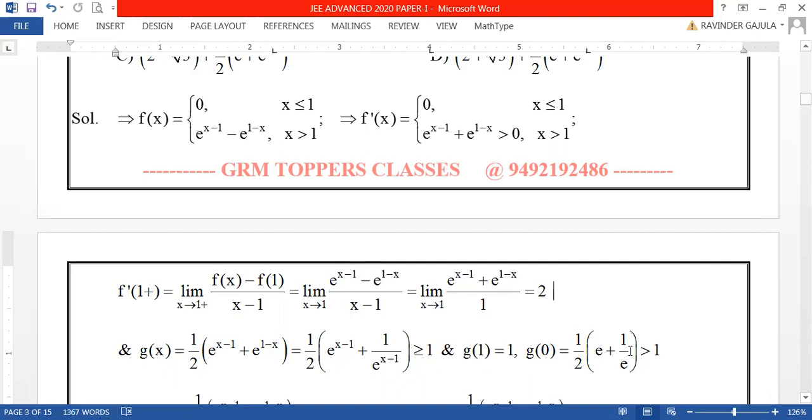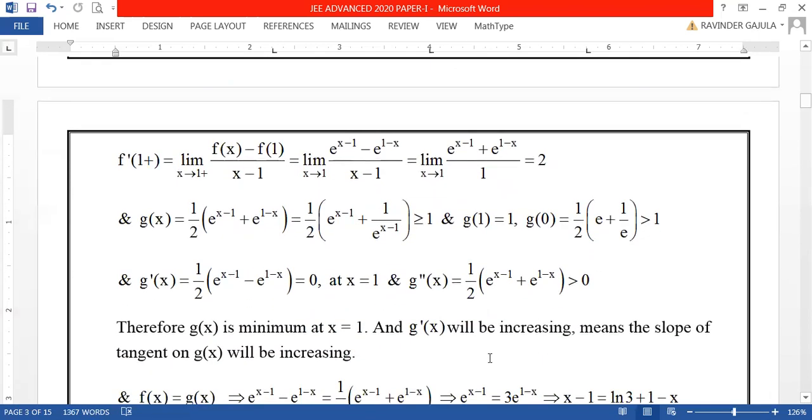G of 0 is more than 1, even on the right side of 1, so that g of x will be more than 1. Right? We are just studying the nature of g of x. Now, even studying g dash x also. G dash x is